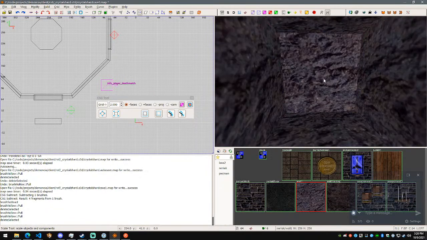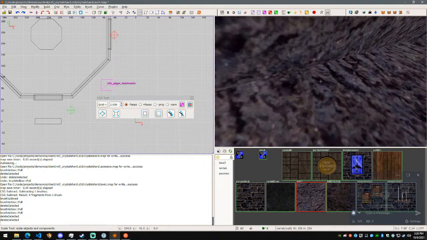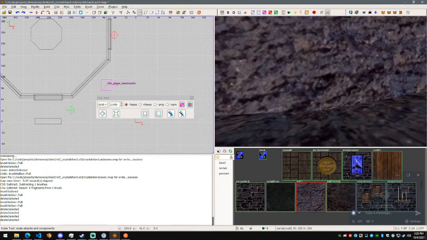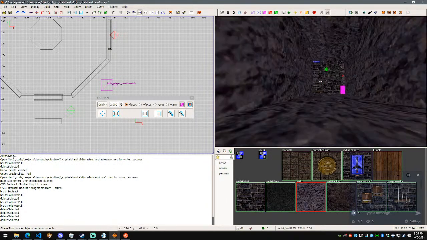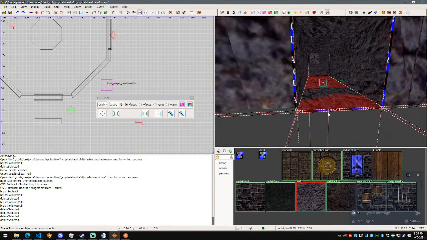And then we come in and delete these. This geometry looks perfect. See that? Now we have an edge and we don't have any